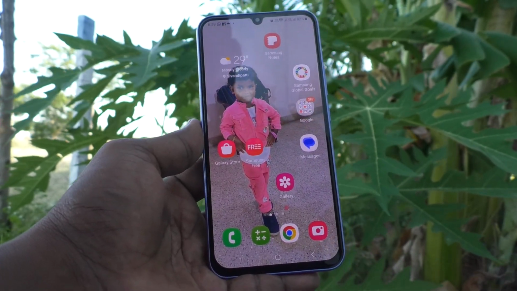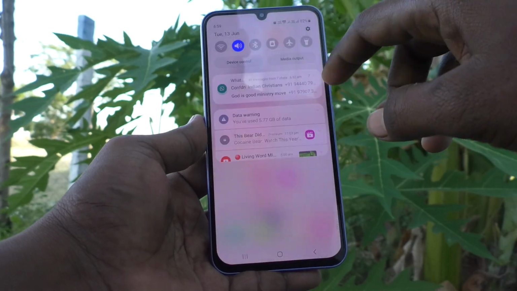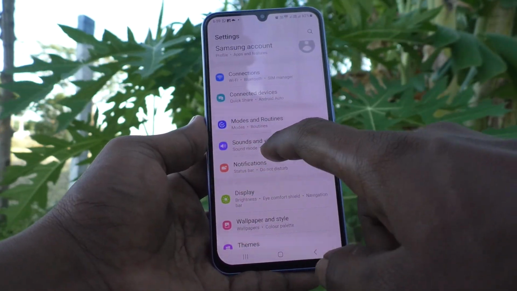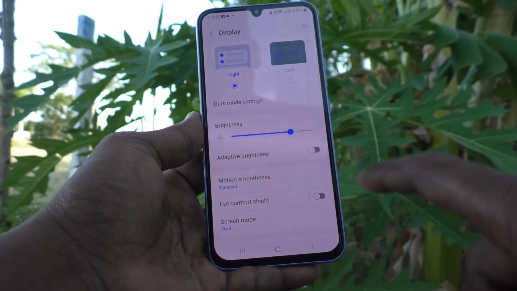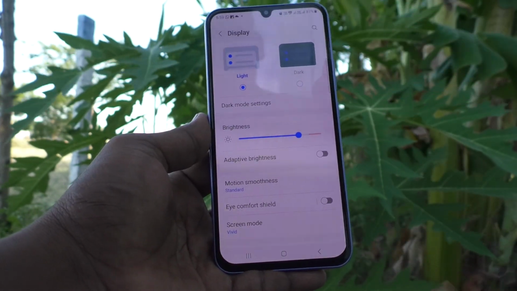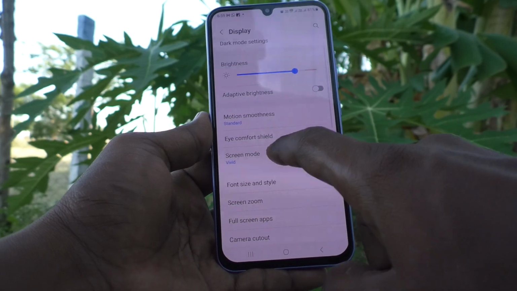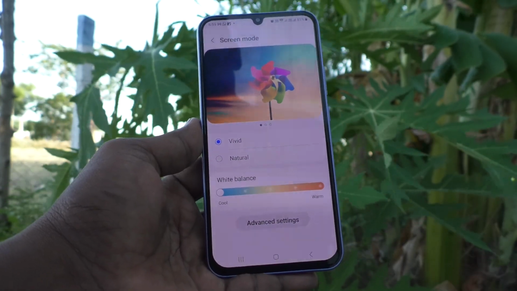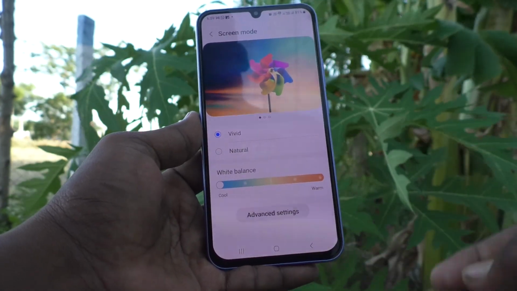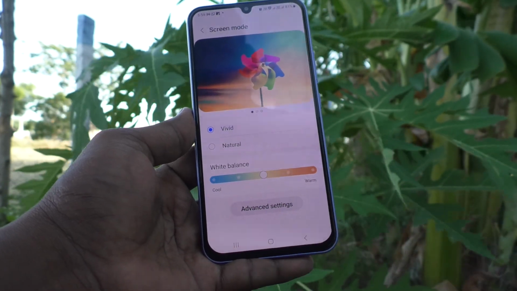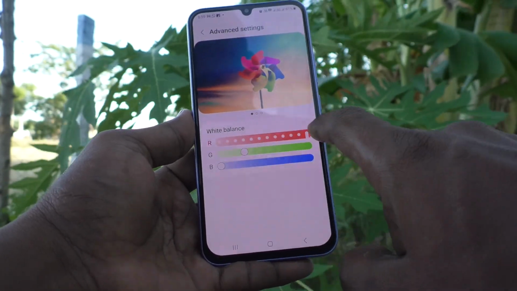Okay, so in this way you can easily change screen mode in your phone Samsung Galaxy A34 5G. See here, I once again show it. Go to settings, then go to display, then go to screen mode. Here you can control. Okay, if you want to set back to default, set in the middle and set to